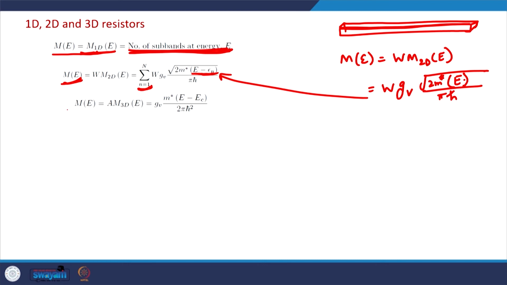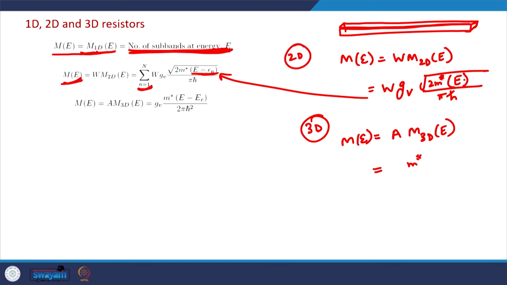Okay. Similarly, in the 3D practical resistors, this is for the 2D case. In the 3D case, the number of modes expression is actually given by the area times M3D(E), which is m star (E minus EC) divided by 2 pi h bar square. And if Gv is the valley degeneracy, this Gv will appear here, and this will not change actually, because the